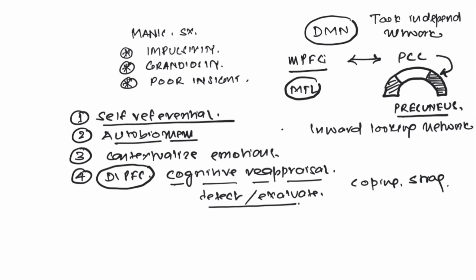self-referential thought process. We'll talk about what it is. Accessing the autobiographical memory, right? Contextualizing your emotions. That basically means that whenever you process emotions, they have to be compared with the context, right? If you're not able to compare with the context, then your emotions are all over the place. And you see that in patients with PTSD, patients with bipolar disorder, depression, borderline personality disorder, right? You also see it in conditions like alexithymia, where a person is not able to recognize and name an emotion, as well as in cognitive reappraisal, right? So all these things will be affected if there's a problem with the default mode network.